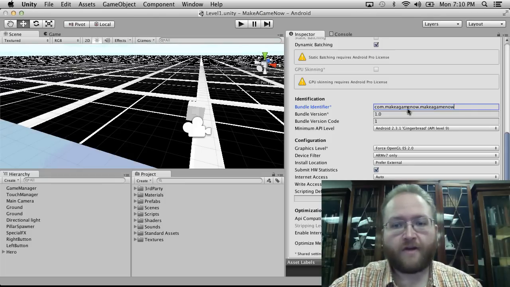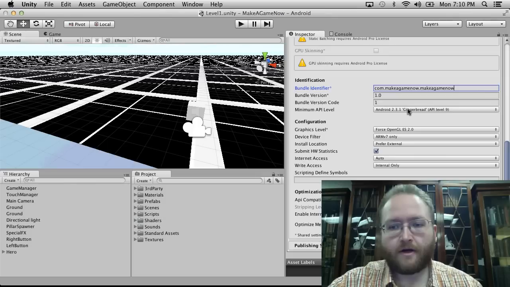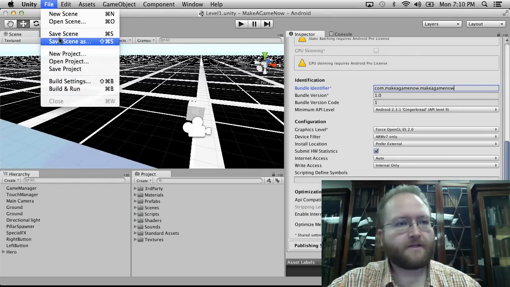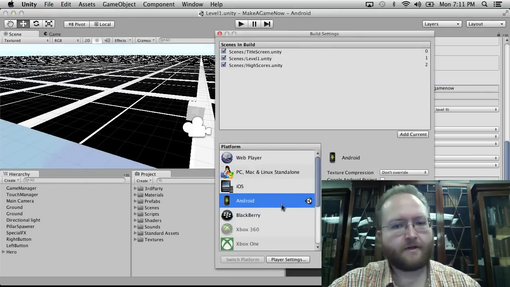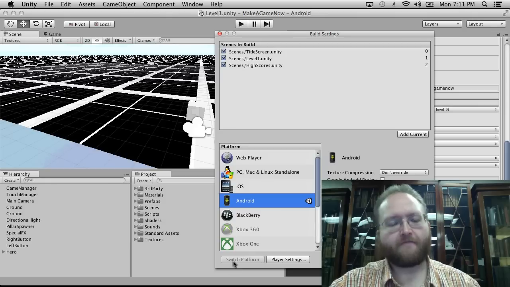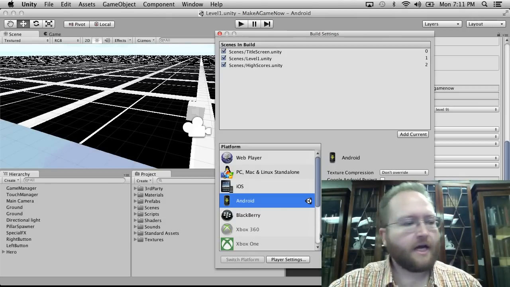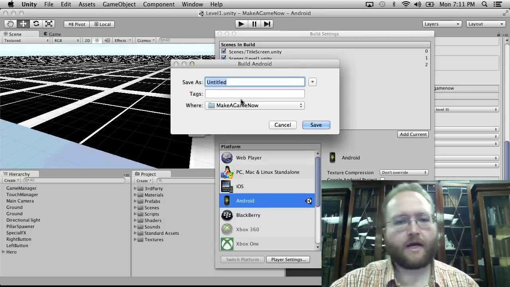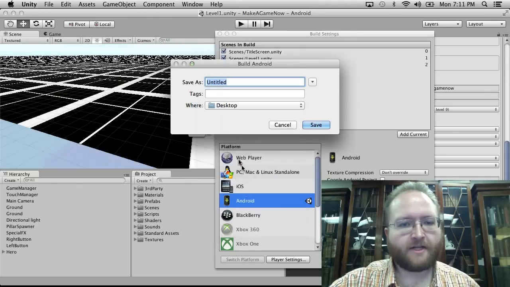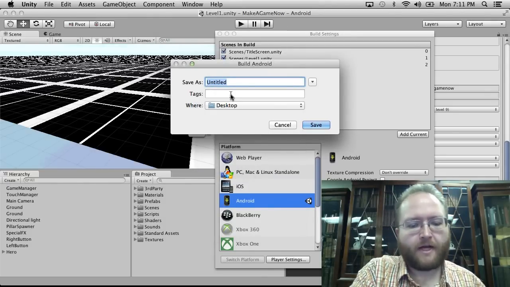So we've got that going. I'm just going to go ahead and save scene, save project, and then we're going to go into build settings. It's already switched to Android, but if it's not, just click switch platform and it'll re-import assets. And I'm just going to hit build and run. And we're just going to hope that it works. And we're going to go to desktop, and I'm going to call the APK